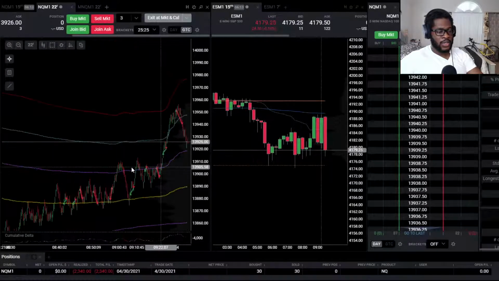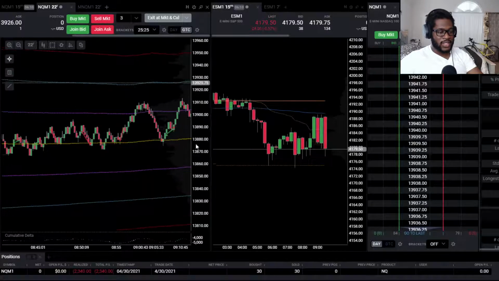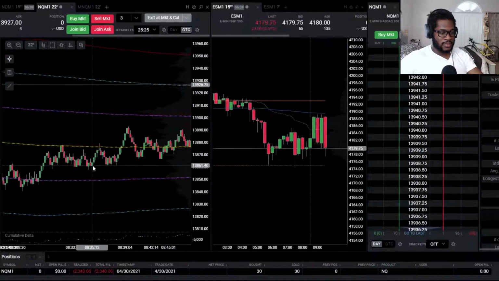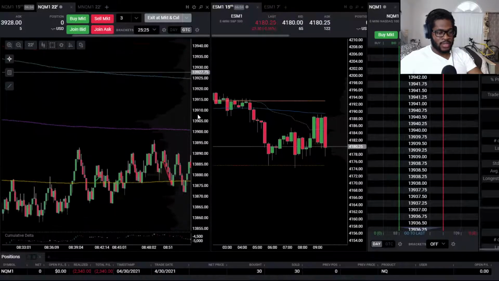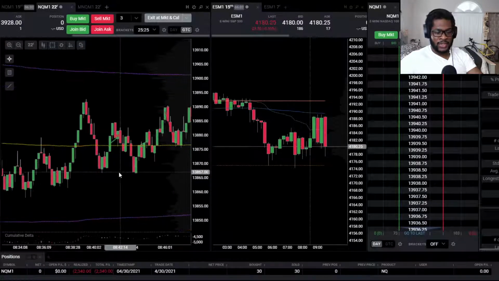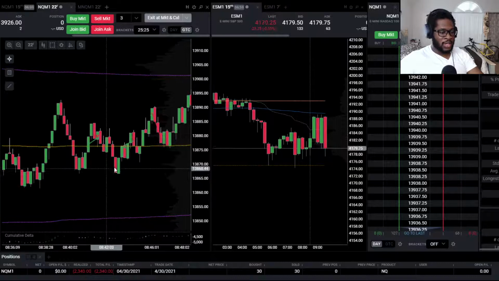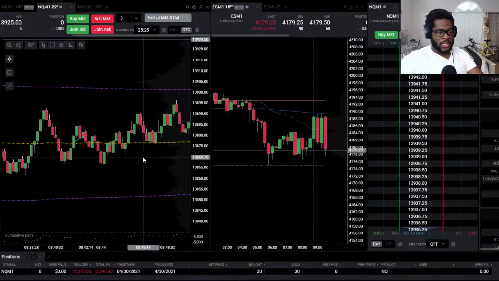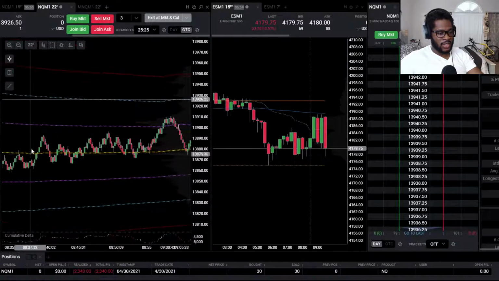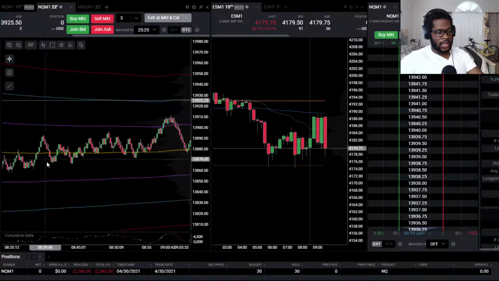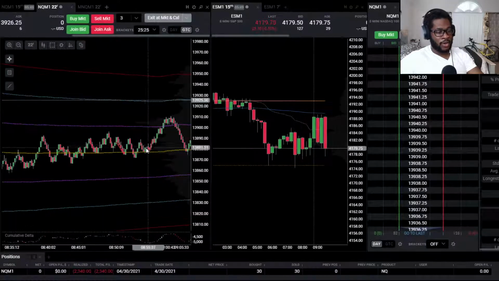Just to quickly recap the day and all the mistakes. Basically, I'm jumping into here. This is all really small, so probably can't even see it on the screen. But the problem for me today is impatience, for one. The market was just kind of chopping sideways, as you can see through this area. And I shouldn't have taken any trades at all in this section.